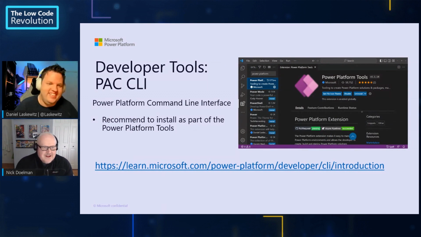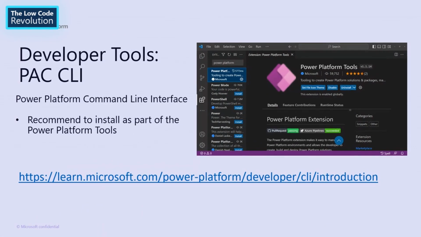Of course I do. So you might have already covered this in a previous episode, but in order to get this, just go to Visual Studio Code, go to the marketplace, look for the Power Platform tools, and then just install those in your VS Code, and you're going to have all those tools pre-installed, and that includes the command line interface. I like to do this as part of the Power Platform tools. We could download it separately as well and do it in PowerShell, but I like working in VS Code for a lot of the stuff that I need to do.